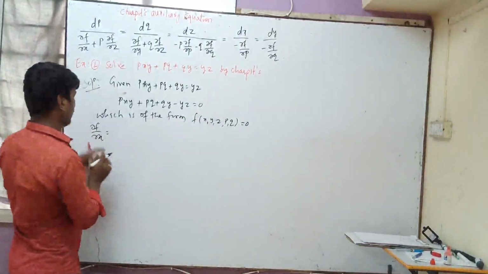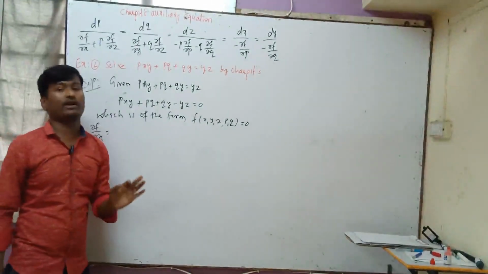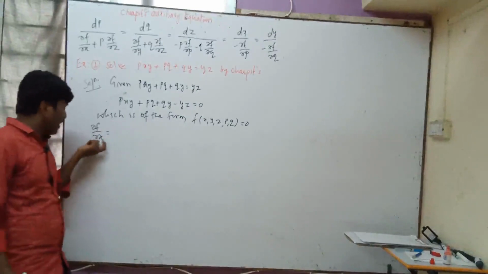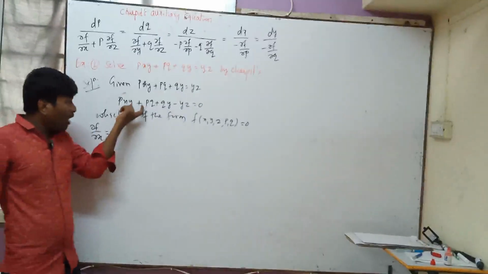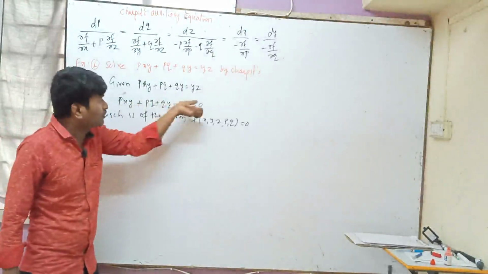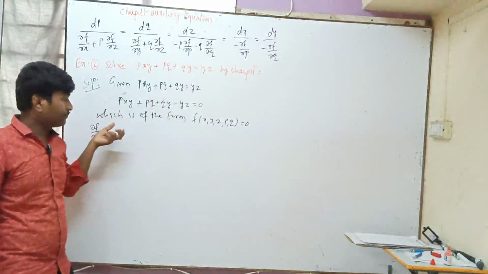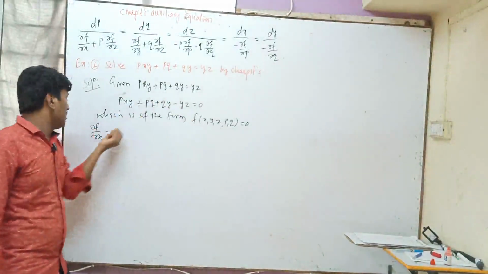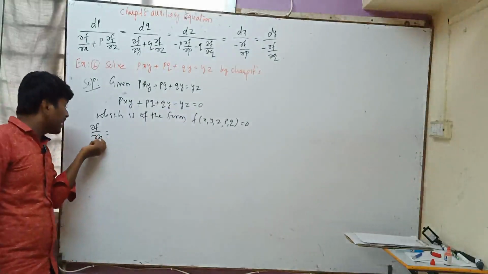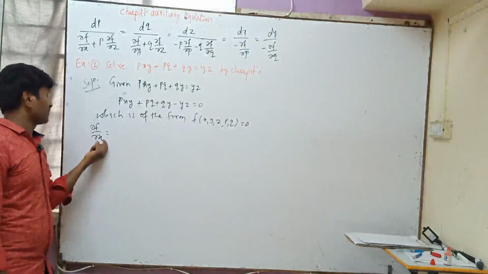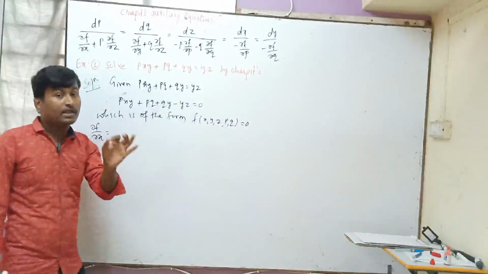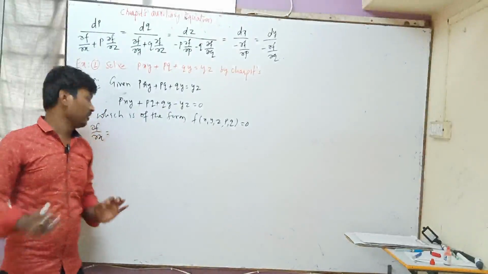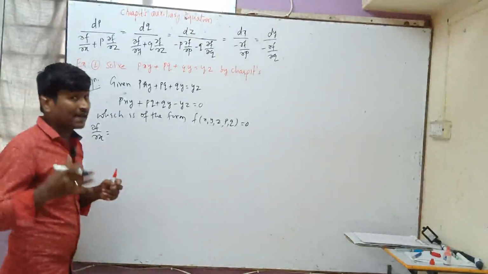How do you find ∂f/∂x? Remember, this is very important. Carefully observe here. If I want to differentiate this f with respect to x, then I have to differentiate the given function or given equation by taking only the x terms. Other than these x terms, keep everything as a constant. So the derivative of that constant is 0.